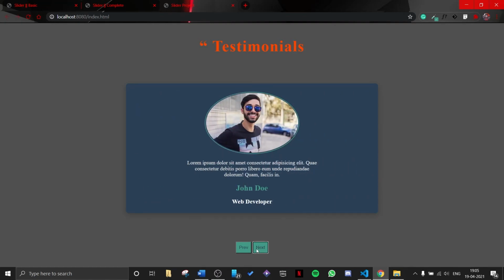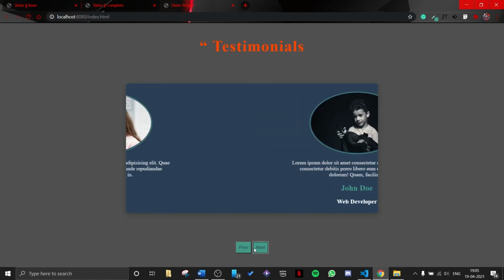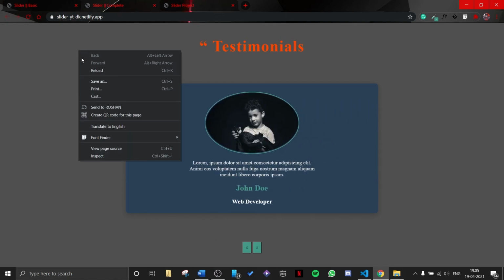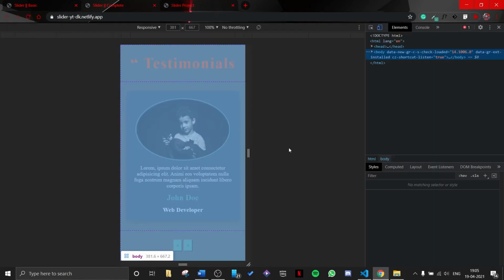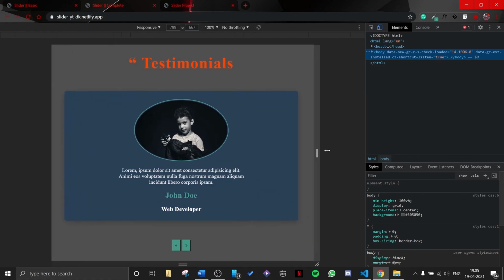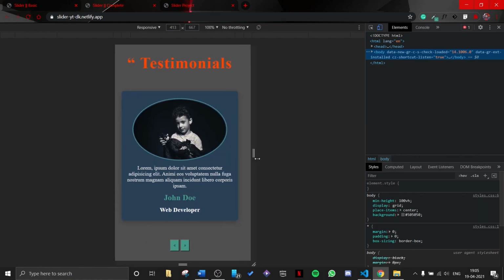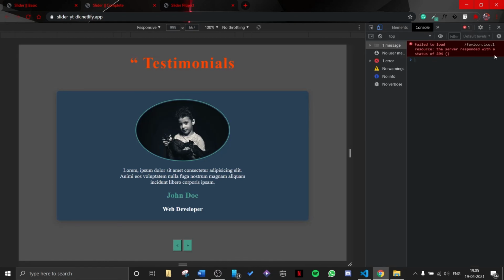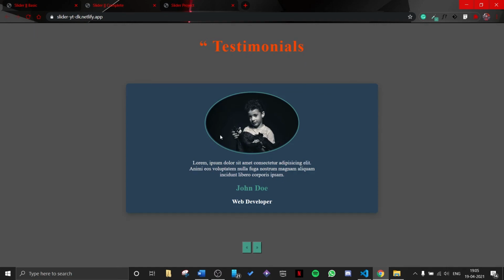So yeah, I think our project is ready, and if I see is it responsive or not, it should be, right. Yep, as you can see, it's responsive for all the sizes. Okay, and yeah, this array doesn't mean anything.